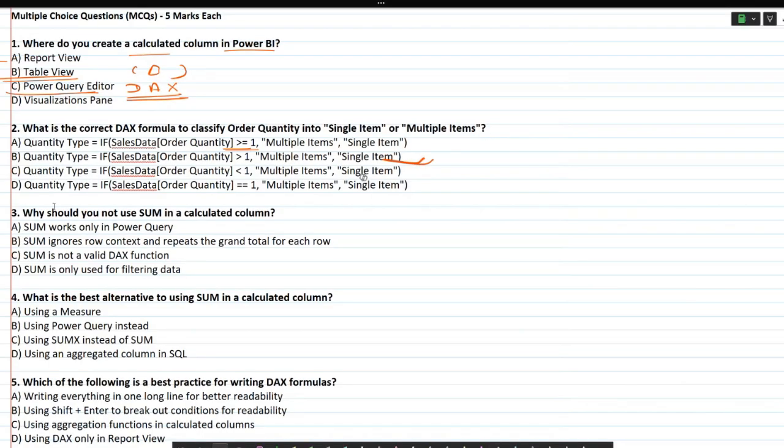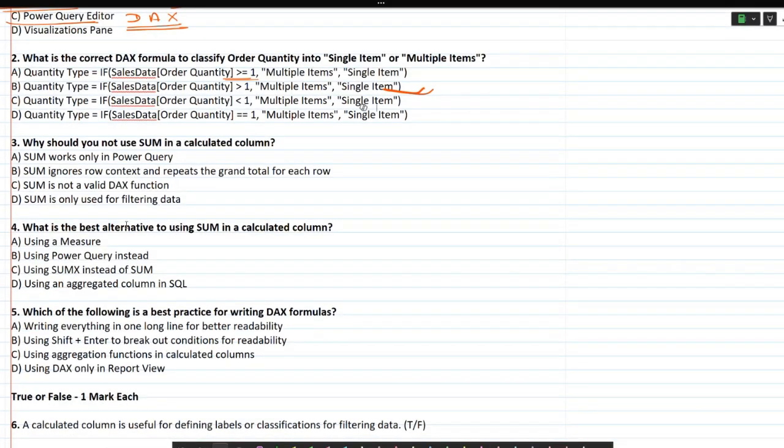Okay. Why should you not use sum in calculated columns? Mansi, you can answer this. The options are: sum works only in Power Query; sum ignores the row context and repeats the grand total; sum is not a valid DAX function; and sum is only used for filtering data. B, sum ignores the row context. Correct. So sum, what we